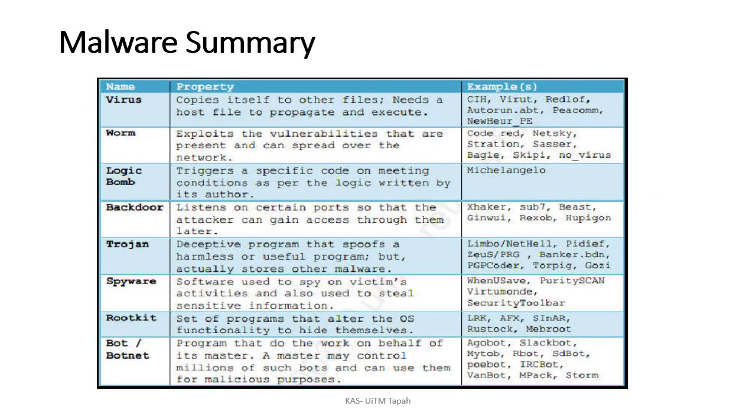Okay, so this is the malware summary, the virus and also the examples for each particular malware. So, apa dia virus, worm, logic bomb. Logic bomb ni dia specific code; once they meet the condition, then dia akan implement. Backdoor, dia akan listen, normally they use a network. They listen on a certain port, where the attacker can get access through that particular port. Keyboard or botnet ni, on behalf of